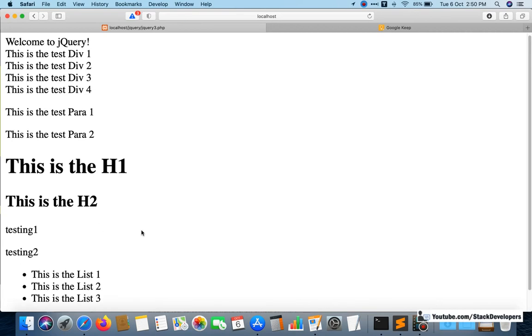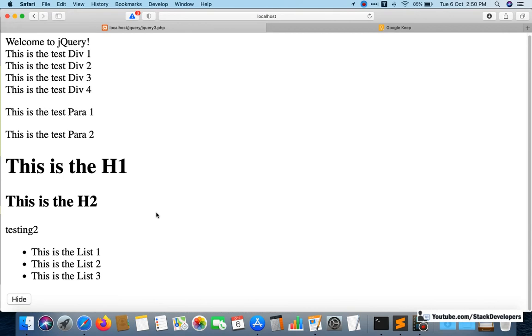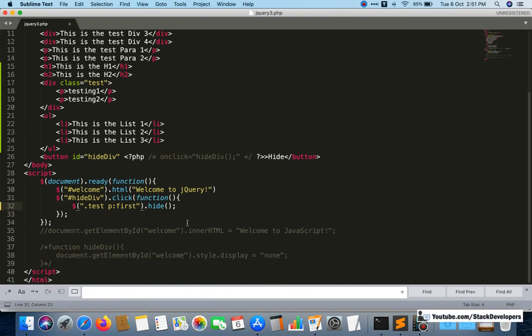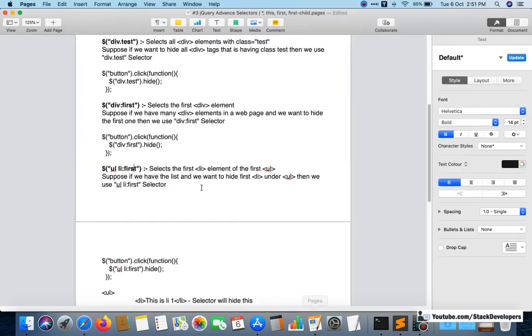So it is clear. See here, once again I will click on hide, then testing 1 goes away. So what we have done here is we have entered the class of this div. Inside that div there is one p tag, and that p tag we want to hide every time we click on the hide button. So I hope this one is clear also. And now the next one is